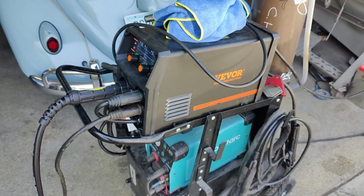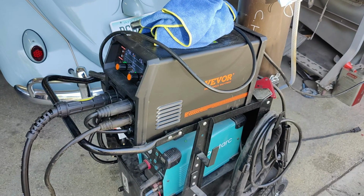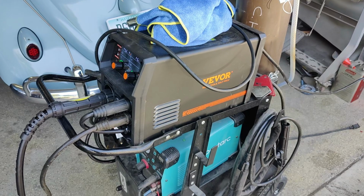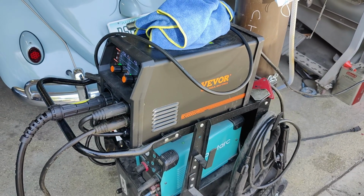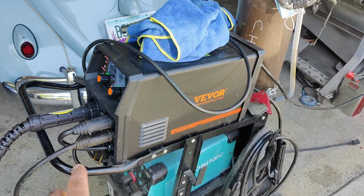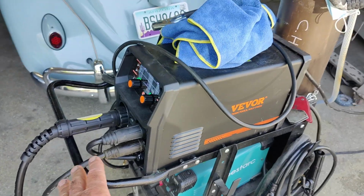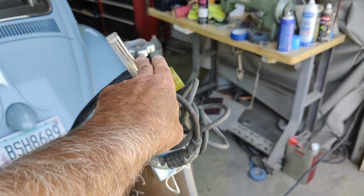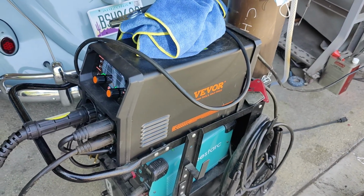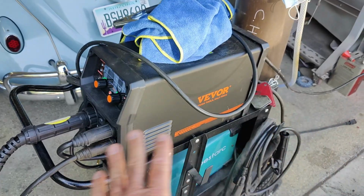Yeah, and the best value, now one of the best welders, right up there with the Cinder and the Arc Captain, and literally about half the price. Just the biggest pet peeve is it doesn't come with a good ground. The long ground is not there. You're going to have to get a longer ground. The ground's just too short, and it does not come with a gas regulator, so you have to put your own on there and figure that priced in, and it's still cheaper than anything out there, and definitely way better than anything